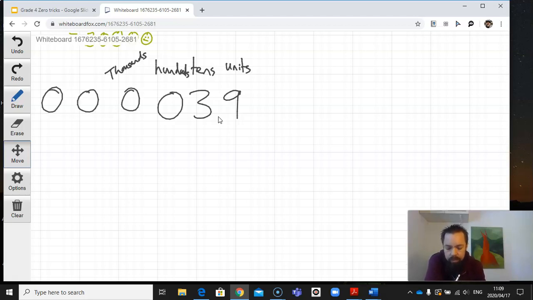Now, that may not seem hugely useful, but later on, when it comes to converting different lengths or different capacities, things like that, don't worry about the words if they're unfamiliar to you, it's useful to know that you can put zeros on the front and the number doesn't change, because all you're saying is that in my age there are 0 hundreds and 0 thousands and 0 10,000s and 0 100,000s and